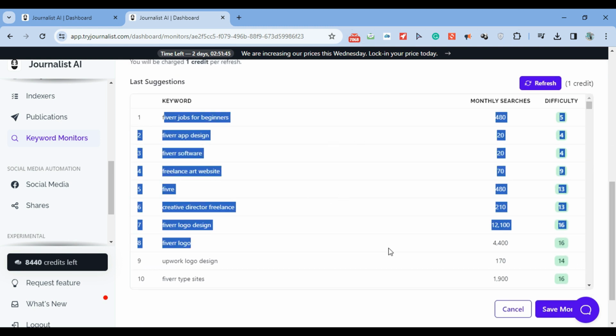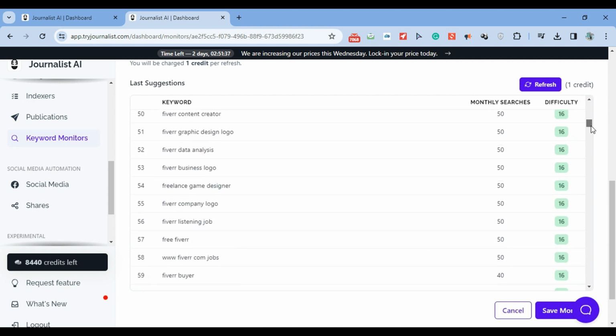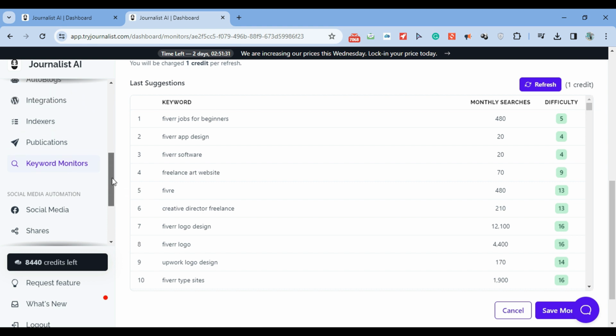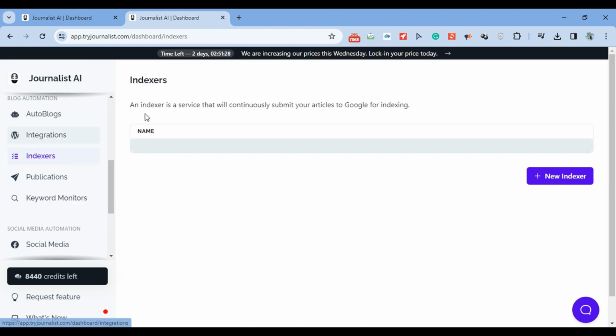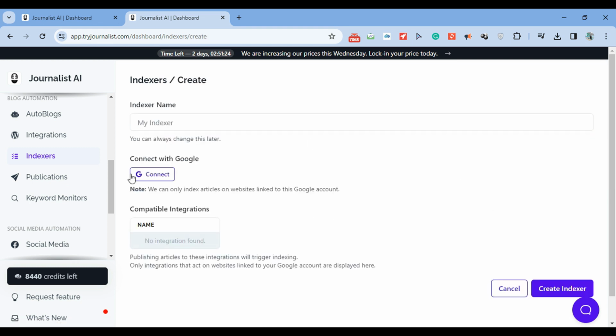So again, essentially what you're doing is you're connecting the AI with your Webflow blog. And it's doing the keyword research, then the content generation based on these keywords, then the content publishing, and also, if you want the content automatically indexed in Google, you just go here to indexers and connect your Google Search Console account, and we will automatically index your content